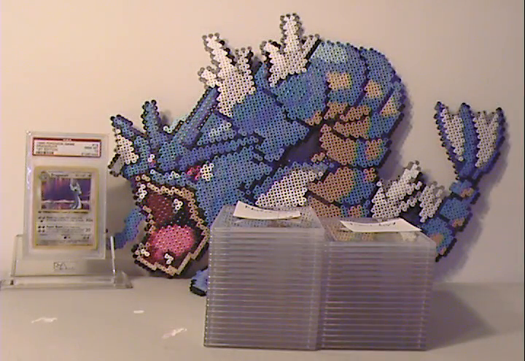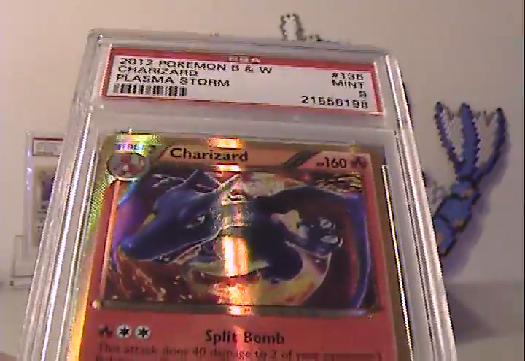Next up, single card submission from birdwatcherlj. A lot of people like to test me out, see how my PSA service runs, and they'll only want to send 1 card. I never suggested sending 2 because it's only $5 more, and that's really not that bad. But he did send a Plasma Storm Charizard, and he did get a Mint 9,